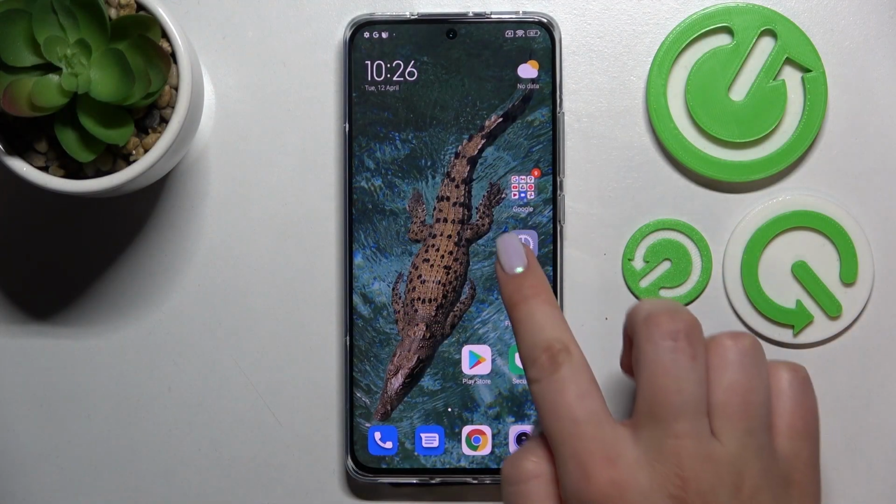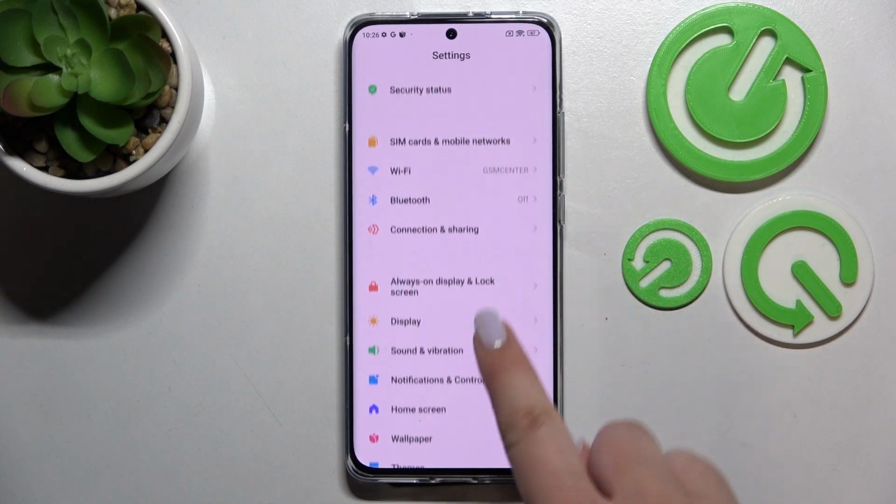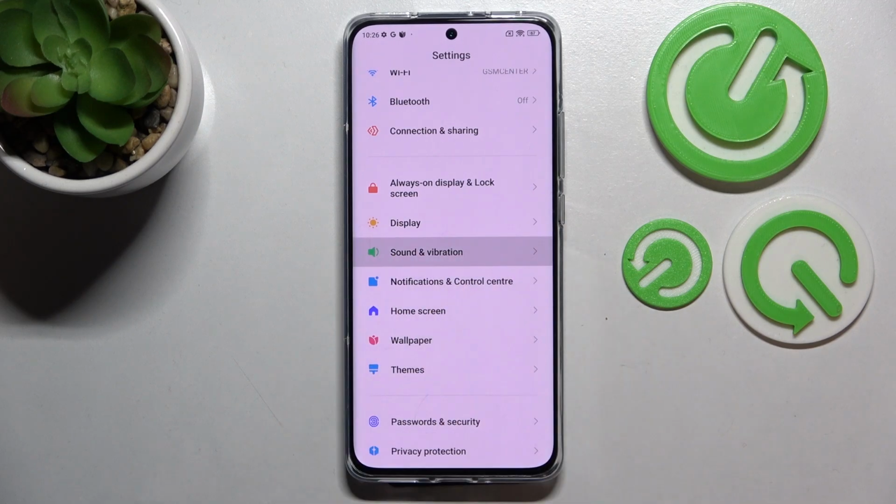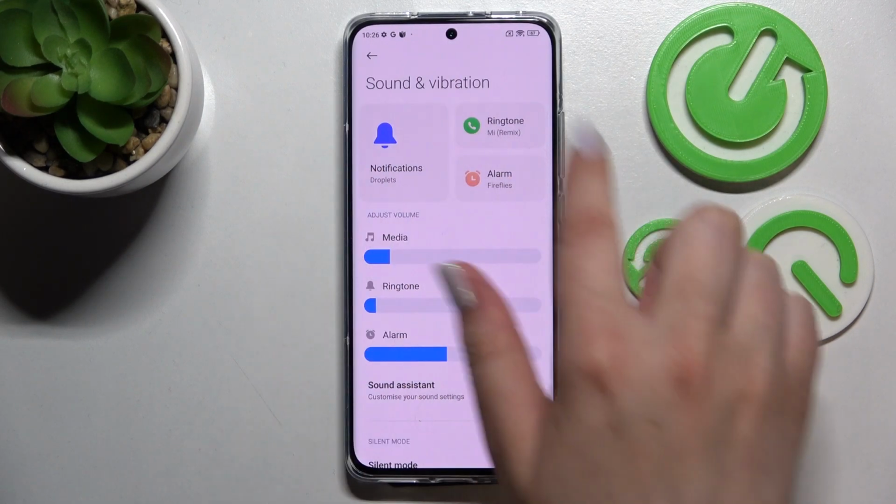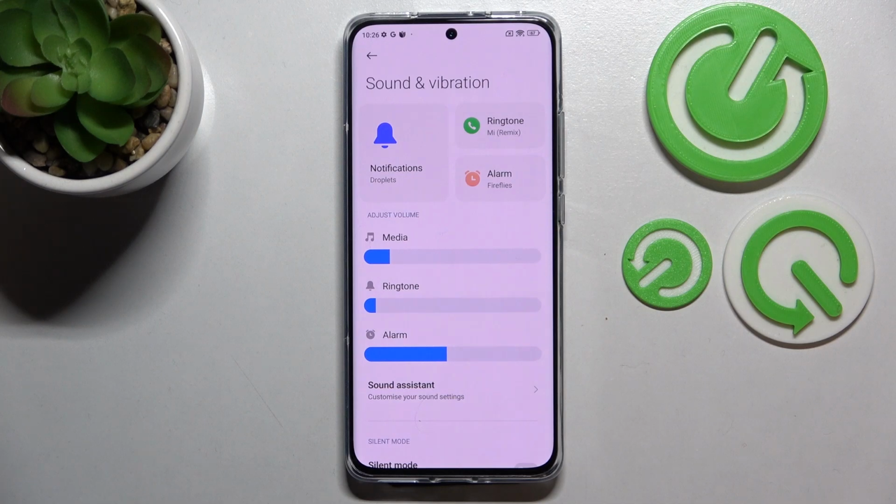So first of all, let's enter the settings, and here we have to scroll down in order to find sound and vibration. And as you can see, this very first section is connected to the ringtone and actually the sound feedback, so we can change the sound for the notifications, alarms and the ringtone. All you have to do is to simply tap on the section which you would like to customize,